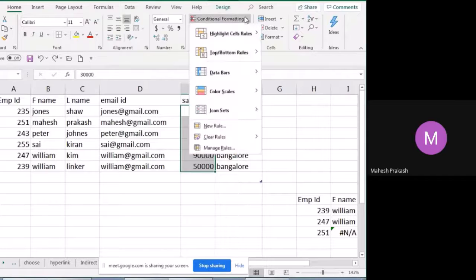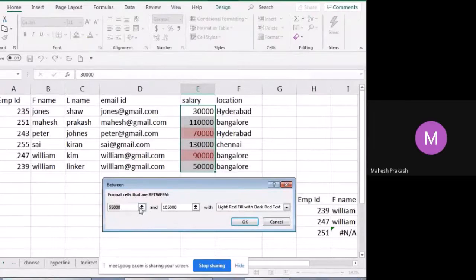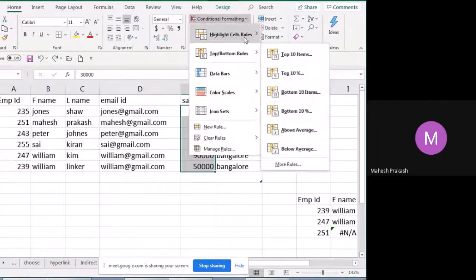Similarly, we have less than, between. Between means there will be a range. You can put a range, that you want data between 55,000 to 1 lakh 5,000. Whichever data is between 55,000 and 1 lakh 5,000, all that data will be available for you. Similarly, it will go on with others as well.